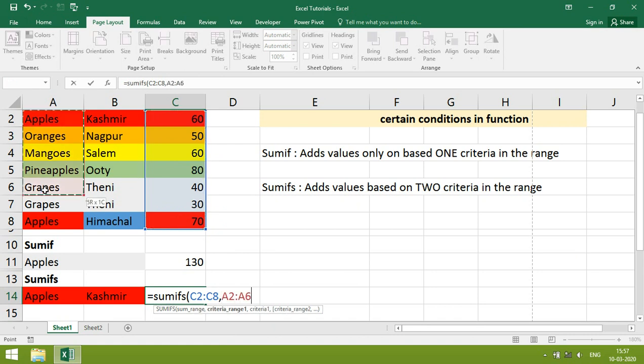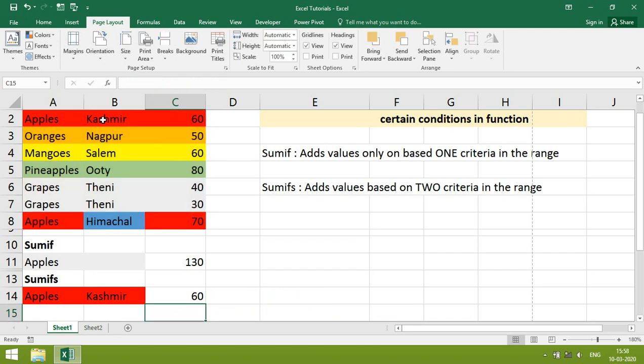The first criteria is this one, either we can click here or here also, better we click here only. The next condition is location wise, select the entire range, then we want Kashmir. The formula is based on two conditions met, then only it gives a result.